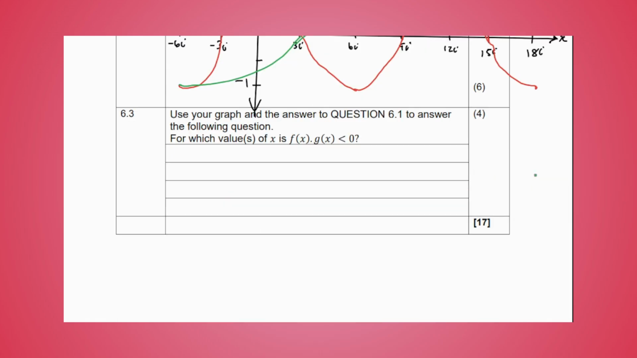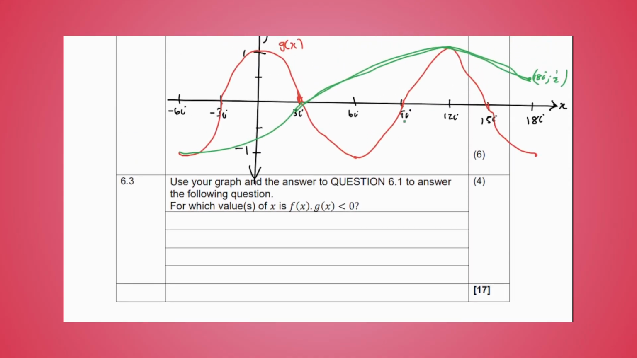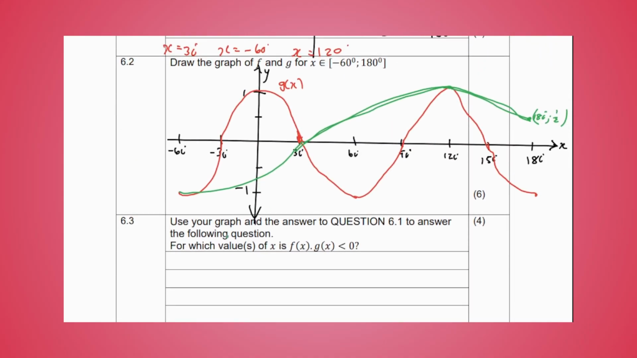And then they're asking you to use your graph to answer the question. They're asking for which values of x, when you multiply the two graphs, you get a negative, less than 0. So we know that would be where the one is positive and the other one is negative, or where f is positive and g is negative. Okay, that's how you get a negative when you multiply. So in other words, it's where one is above and one is below the x-axis. So here we see, okay, both are below up until here. Then one is positive and one is negative up until there. So that's our first interval between negative 30